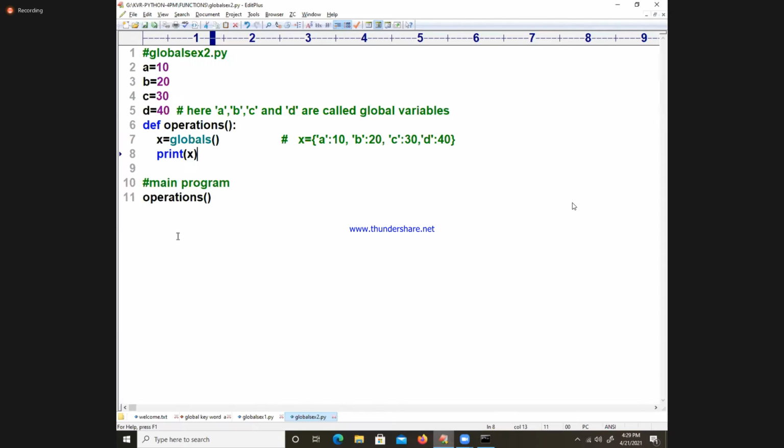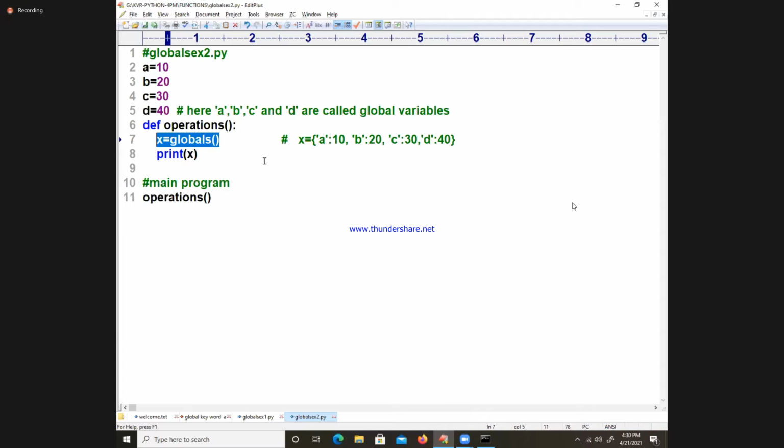What will I write here? Globals of a, globals of b. I can get those variables. So how do you get it? Global variables. I want to retrieve all my local variables the same way. That time the globals function returns all types of global variables.